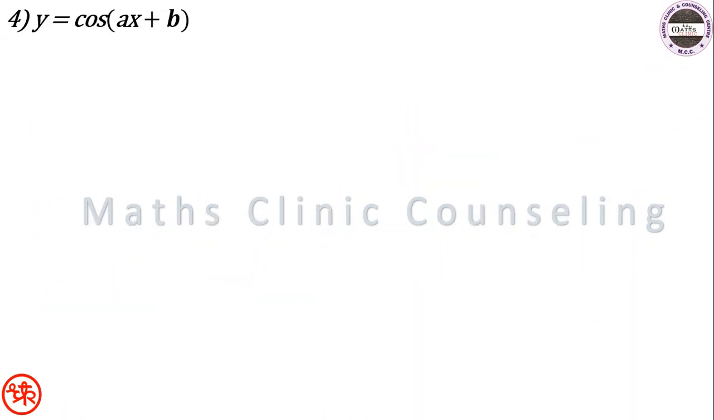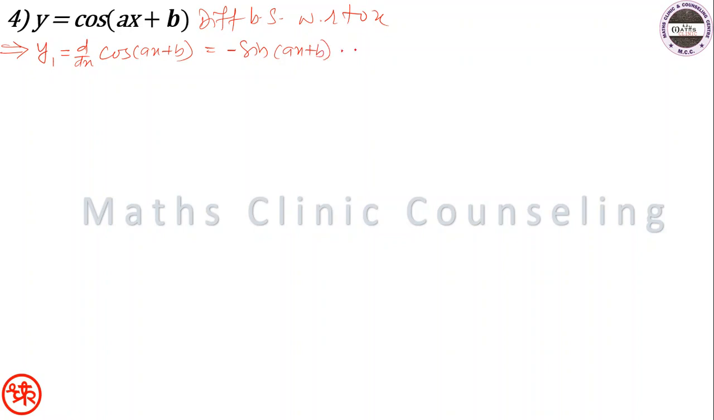Now next, cos of ax plus b. y is equal to cos of ax plus b. With the nth derivative, we have to differentiate both sides with respect to x. So what is the derivative of y? The derivative of y is y1. The derivative of cos of ax plus b, d/dx of cos of ax plus b, is equal to minus sin of ax plus b into a, that is equal to,